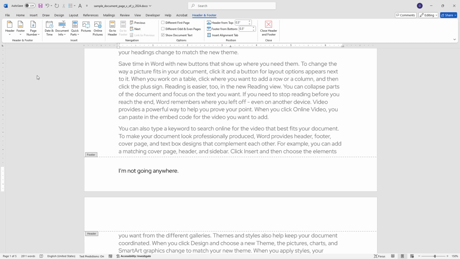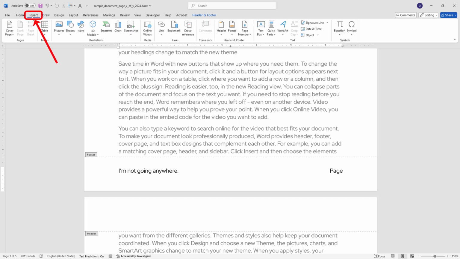Now, position your cursor where you want the page number to appear. I will press the Tab key a few times to align the numbers in the bottom right corner. Then, I will type Page and press the Space key. Now, move to the Insert tab in the ribbon and navigate to Quick Parts in the Text section. From the drop-down menu, select Field.